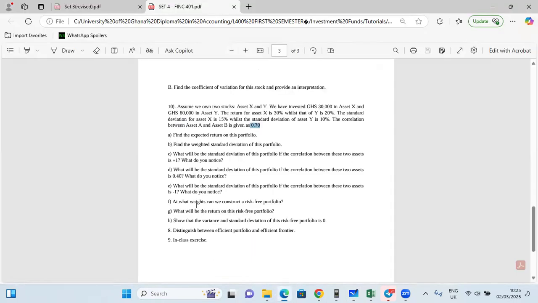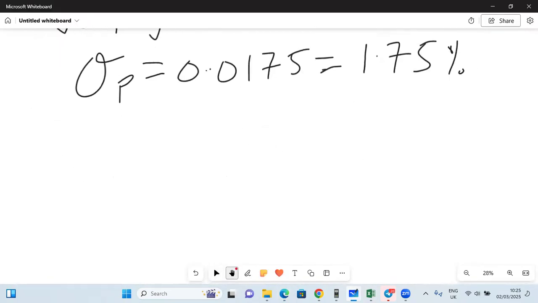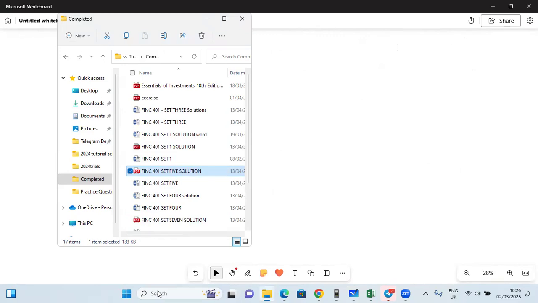Now let's go to the next one, which is F. At what weight can we construct a risk-free portfolio? So this is also a bit technical. Open your eyes here. If you want to construct a risk-free portfolio, you want to construct a portfolio where the standard deviation will be 0, right? So if you want to do that, what we are going to do is